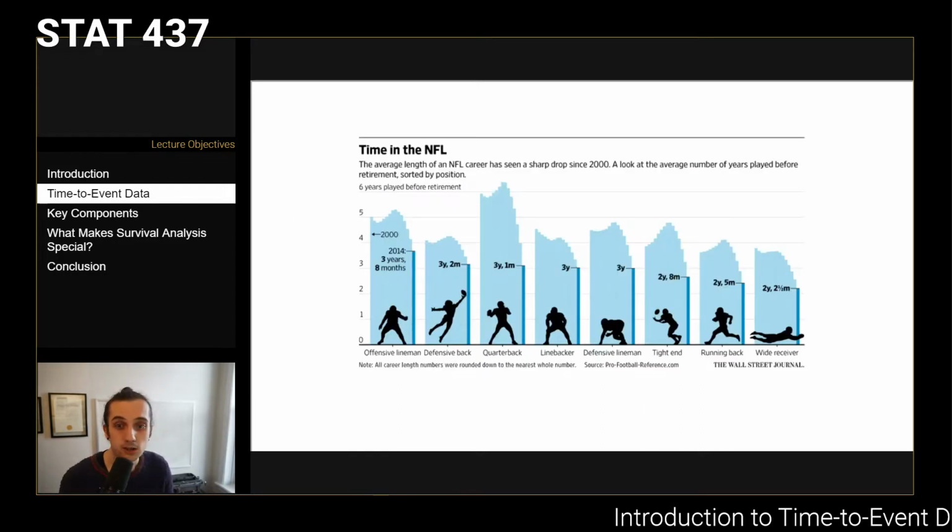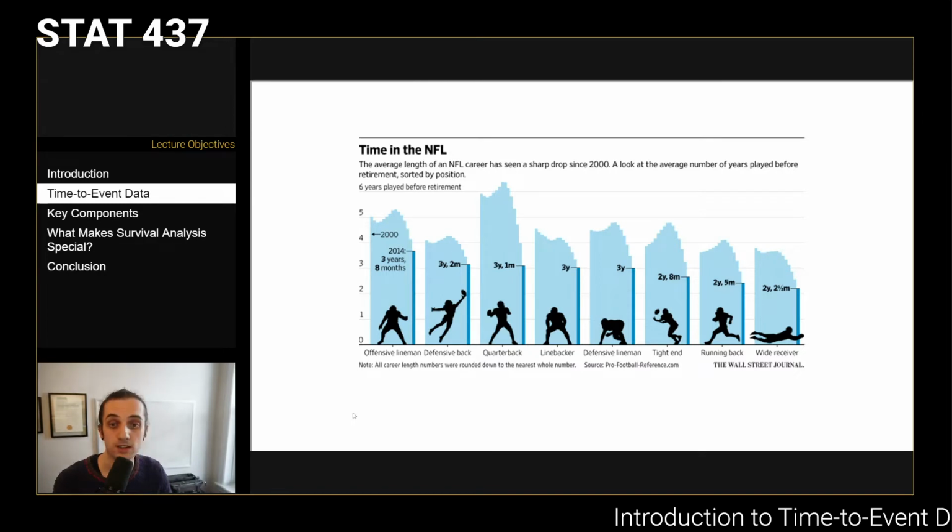Another common example that you're going to see is length of careers. So I have this infographic here from the Wall Street Journal, and what it does is it looks at, for different positions in football, how long is an average player's career, right? And so it goes through the different positions from the offensive lineman down to the wide receiver. You can see that it's somewhere between 2 and a little bit over 2 years to almost 4 years are the range of average lengths, and there's lots of variation in that. But